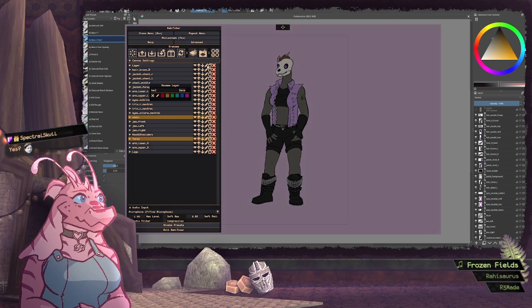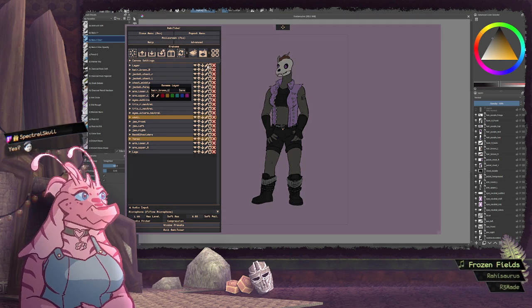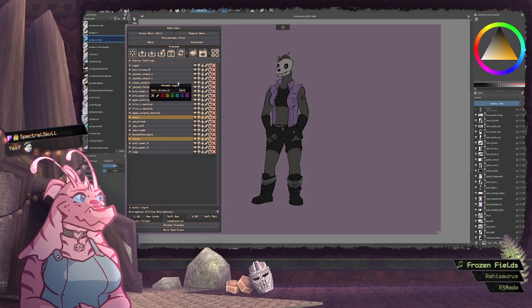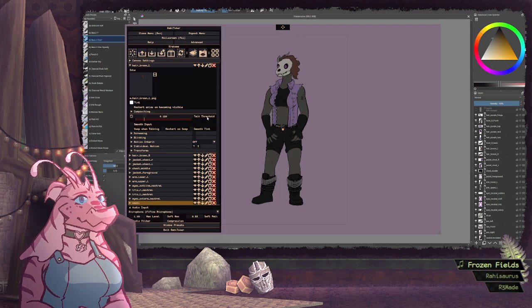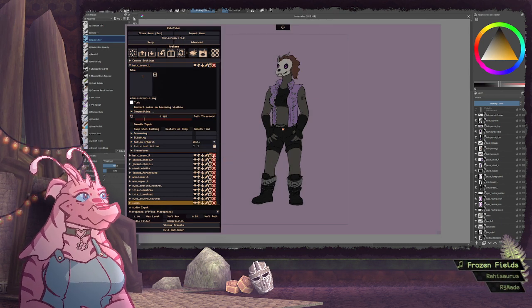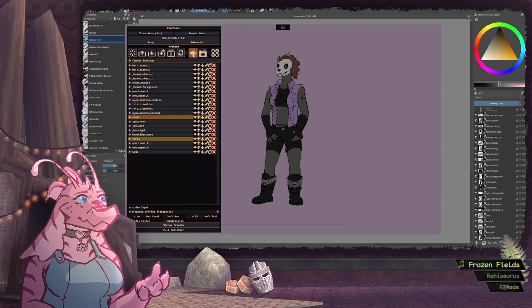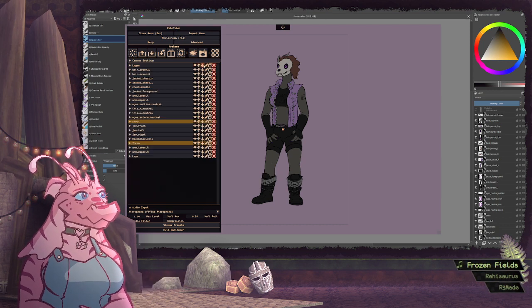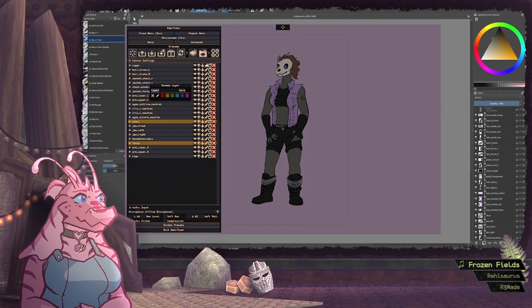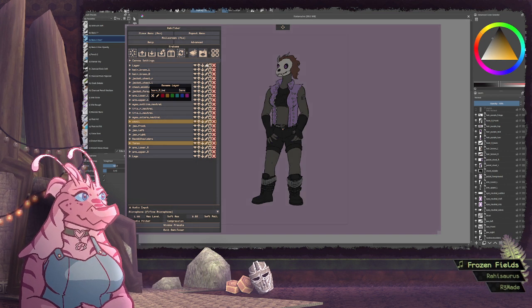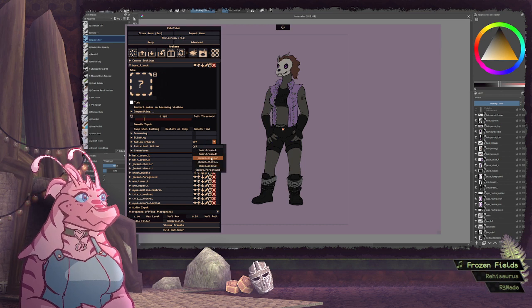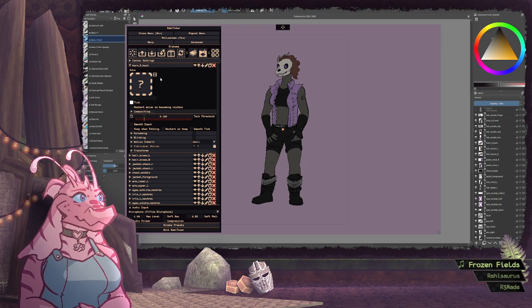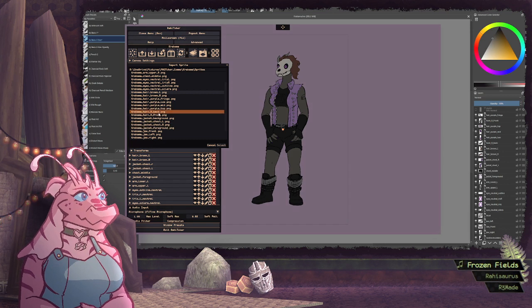Hair brown L. Skull. This one's going to be horn R back. There it is.